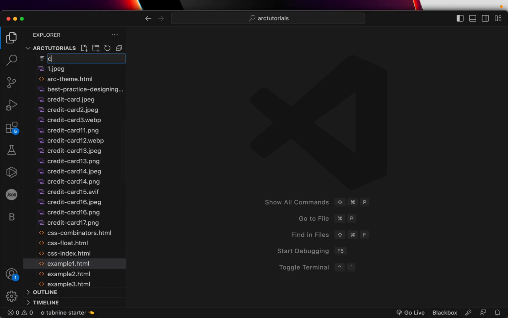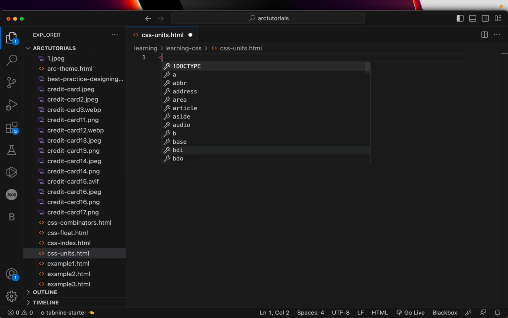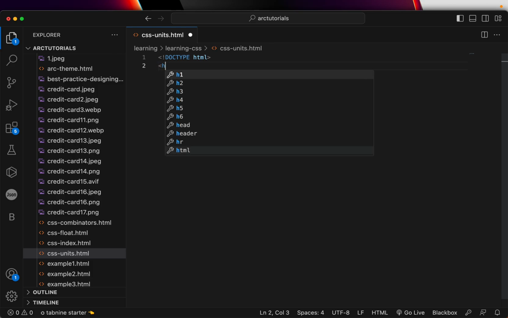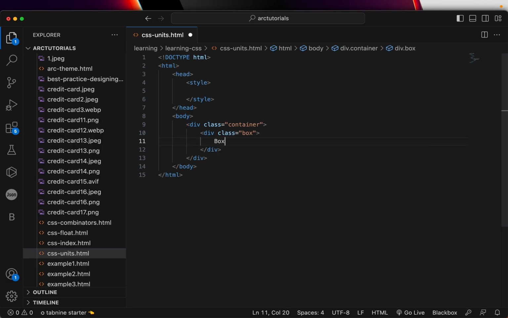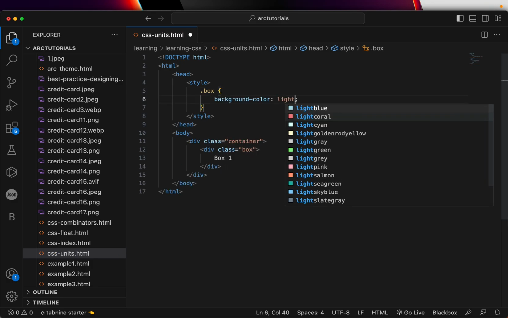Alright, I'm going to create a new file for this tutorial. Call it css units.html. This requires its own separate file so you don't get confused. We have the head section, we have the body, I have my style. Now the first thing I'm going to do as always is create a container first. Inside the container I'm just going to use a simple box, say box 1. For the box styling I'm going to put some background color,